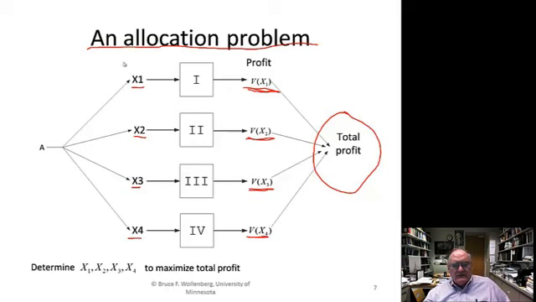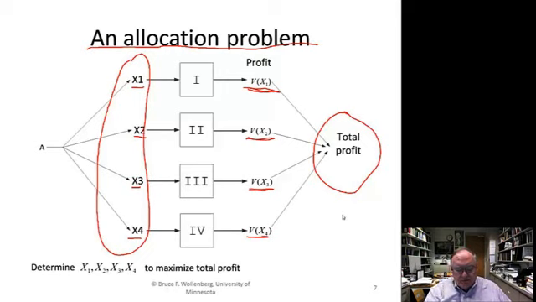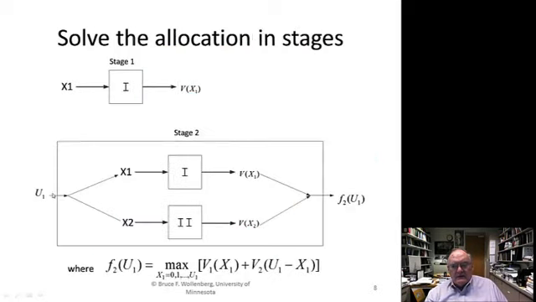Let's say I have a certain total that I can put in here. How do I break it up? How do I break it up to get this maximum? And it gets to be very large. If you just simply said, well, we'll just do all the permutations and combinations of ways of allocating, you'll be there for hours and hours trying to solve it. So the first thing I'm going to do is just simply say, well, what is the